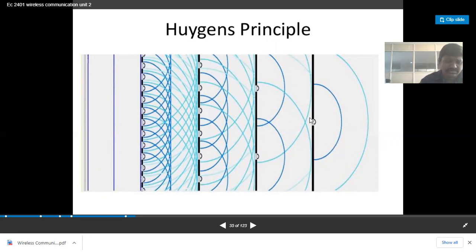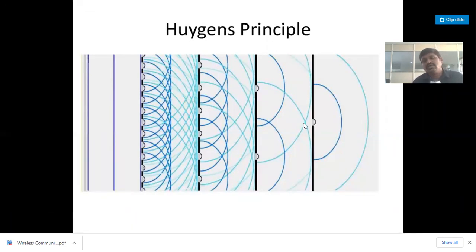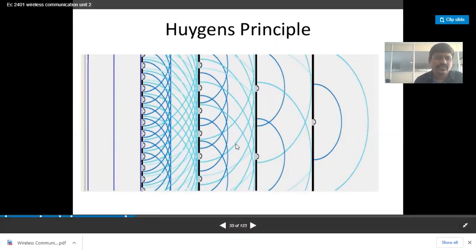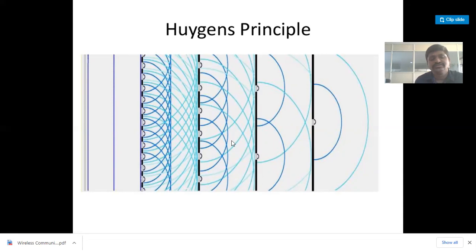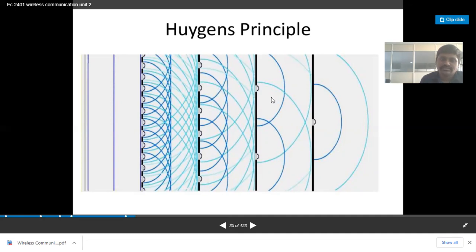The second area is known as the obstructed region, or this region is known as the shadowed region. The diffraction field still exists and often has sufficient strength to produce a useful signal. And this diffraction allows radio signals to propagate around the curved surface of the earth. So between two points, meaning transmitter and receiver, the interfacing medium will exist.